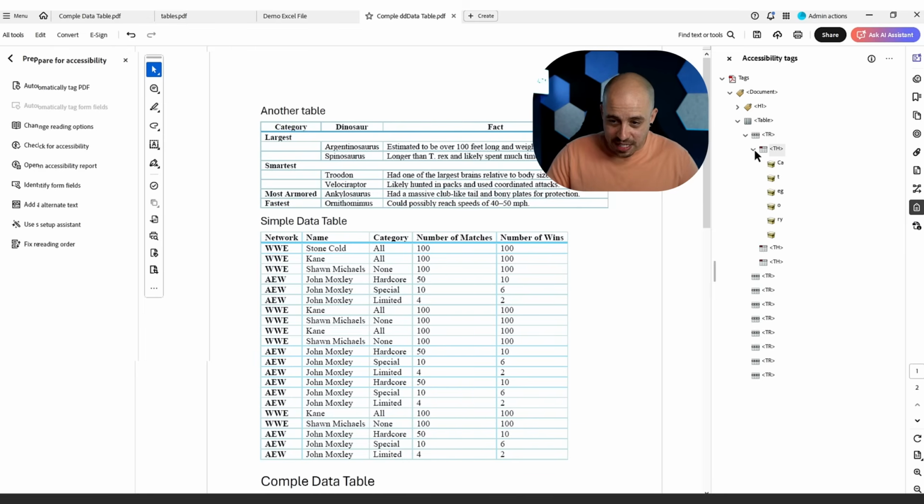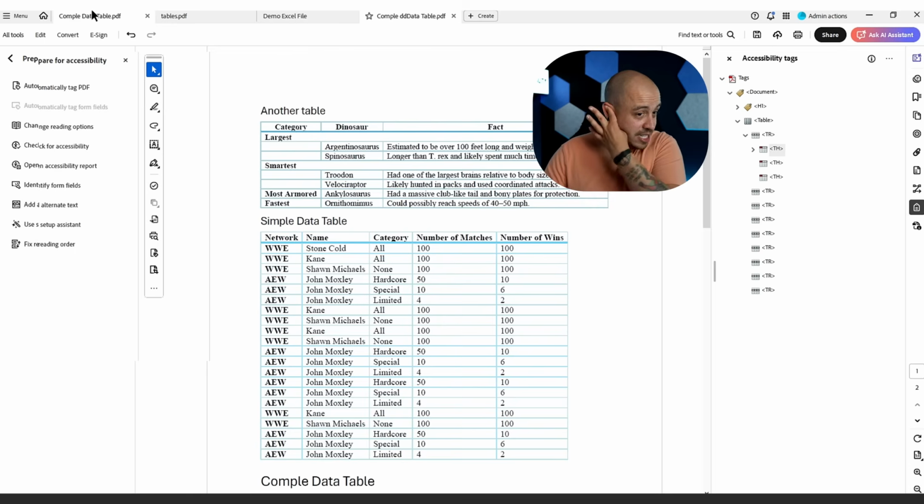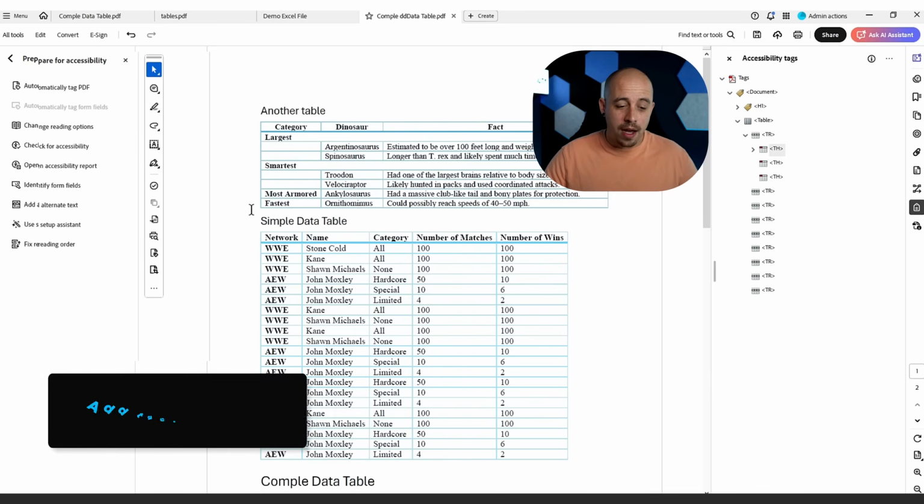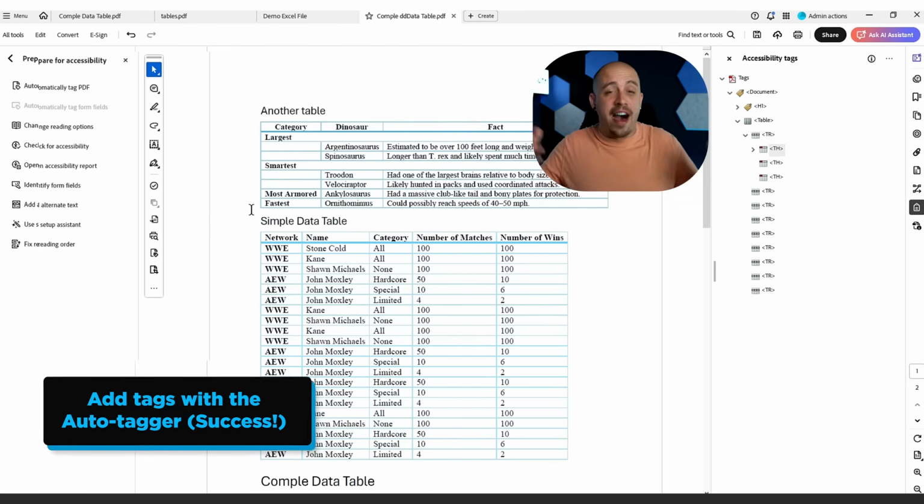Now, the biggest reason for this is because the content is not letting me use that reading order tool. This is also why it's better sometimes to start with a file that came over from Microsoft Word. So that's one method we could do, is manually tag this table. But we're actually just gonna jump to the final way that we can tag a table, and that's gonna be